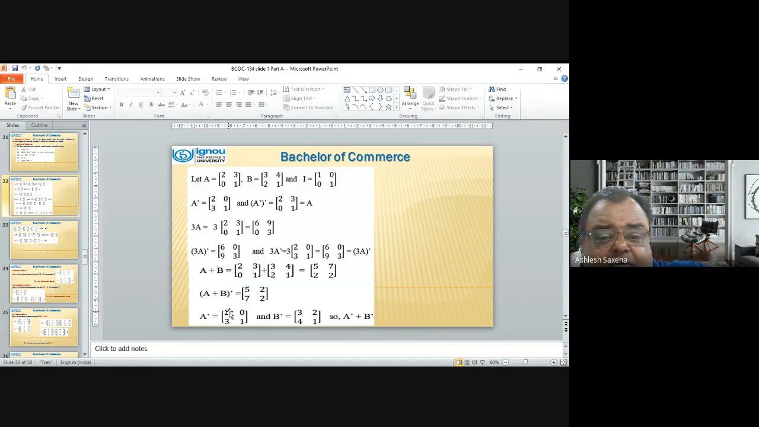This row will be over here, and this row will be here. Your B transpose will be this here, and this here. Add up. You can see over here only, 2 plus 3 is 5, 0 plus 2 is 2, 3 plus 4 is 7, and 1 plus 1 is 2, which is similar to